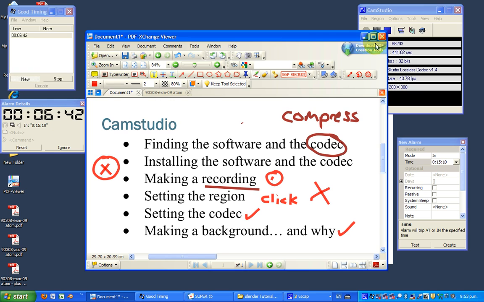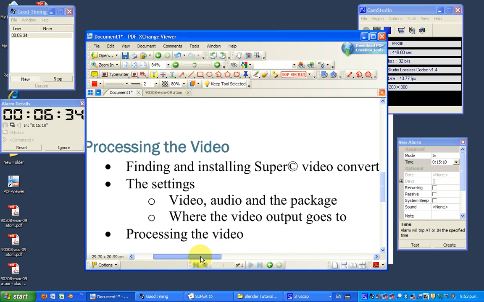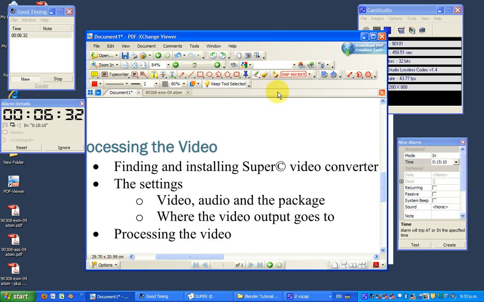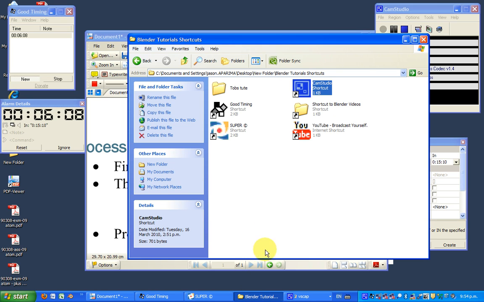What are we up to now? Processing the video, yes. Once this video has been recorded, like once you press the stop button here, it'll ask you where you want to save it. So I'll be saving it in a file somewhere. Where's that file? It'll ask me where I want to do it. I can save it to the desktop, I can save it anywhere I want. That's all good. But you'll find when you do save it to that certain point, with my videos right there,